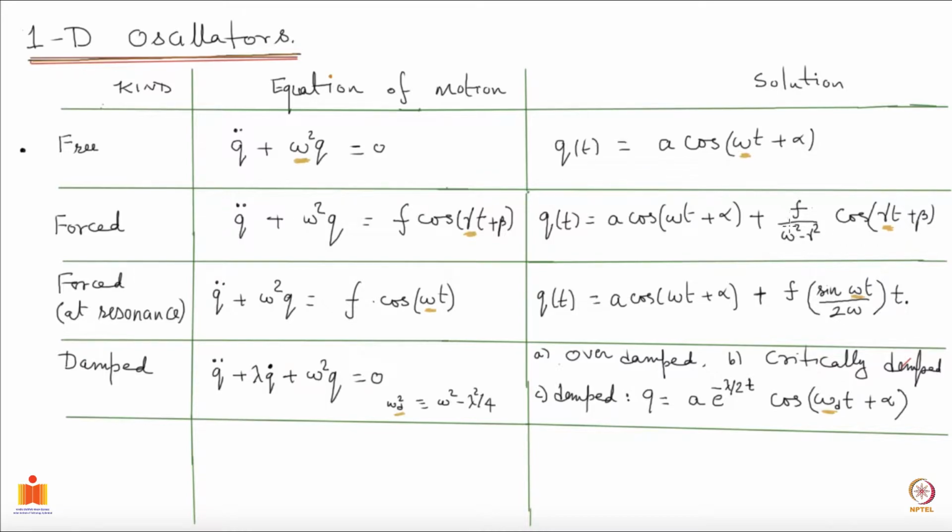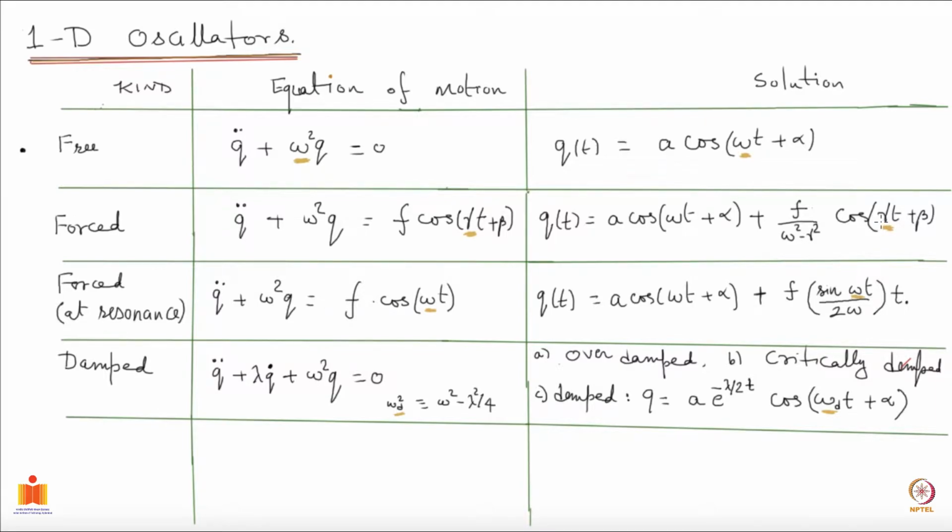okay. So note that the amplitude of this piece is completely determined. There is no freedom in choosing this. So f over omega square minus gamma square, you cannot choose some initial conditions and accordingly have this be different. It's fixed for your system, and also this part of the oscillation is happening at the frequency gamma,